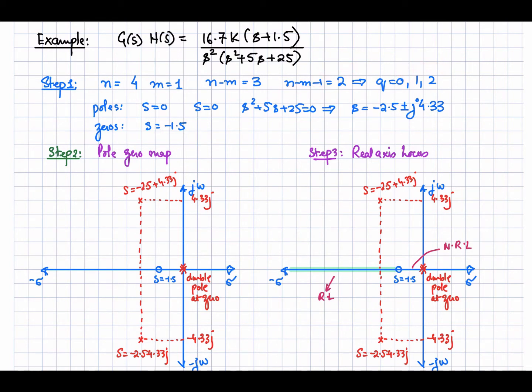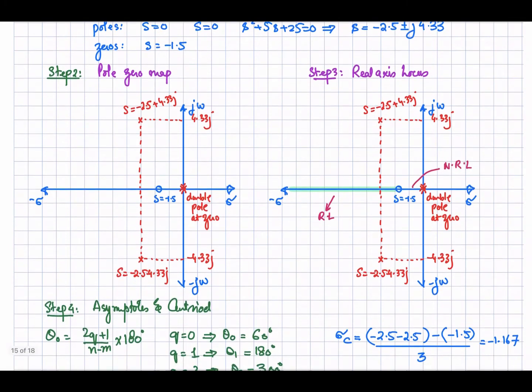Right, so now the position of the poles: one pole is at 0, the second pole is also at 0, a double pole at the origin, and then from this equation we get s is equal to minus 2.5 plus minus j4.33. So 2 are the complex conjugate poles, and the zero is sitting at minus 1.5. So now you can sketch the pole-zero map. The double pole over here, 1 zero is sitting over here, and the two poles are at this location, minus 2.5 plus 4.33j, and the other pole is over here.